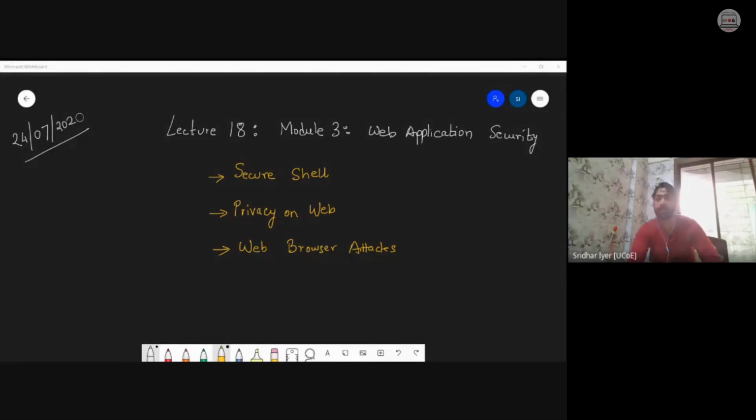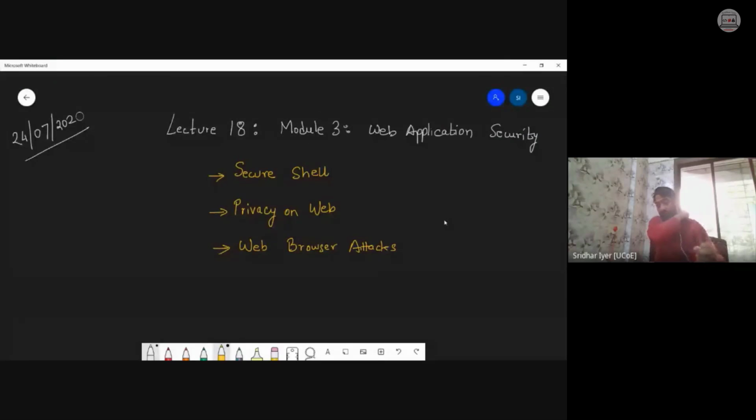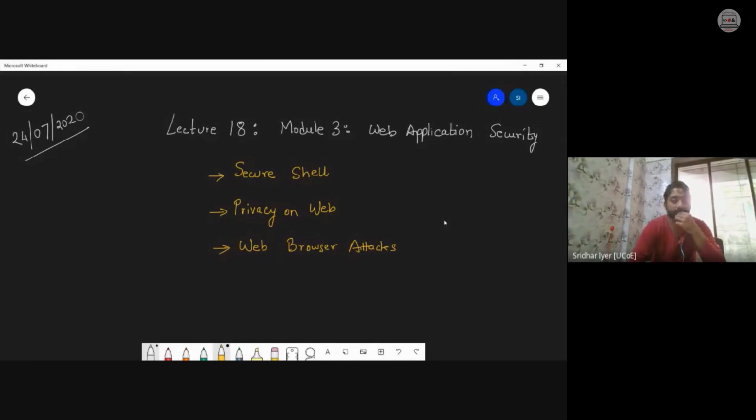Yeah, in the last lecture we had seen Secure Socket Layer, SSL, and its various phases. In this particular lecture, we are going to see in detail what exactly is a secure shell. We had started with secure shell in the last lecture, but due to shortage of time, I couldn't finish it up yesterday. So we'll go into much more detail on what exactly is secure shell,